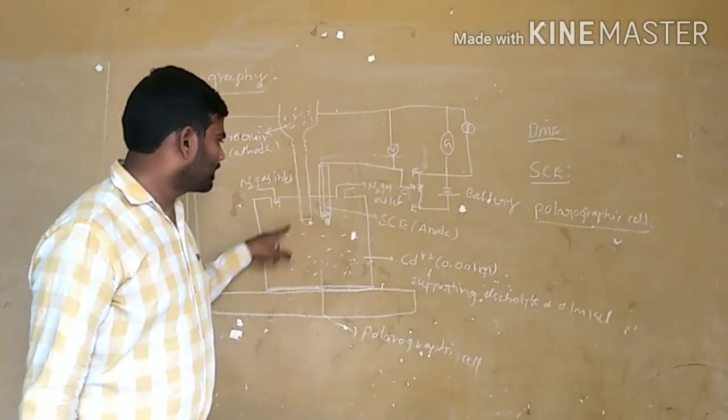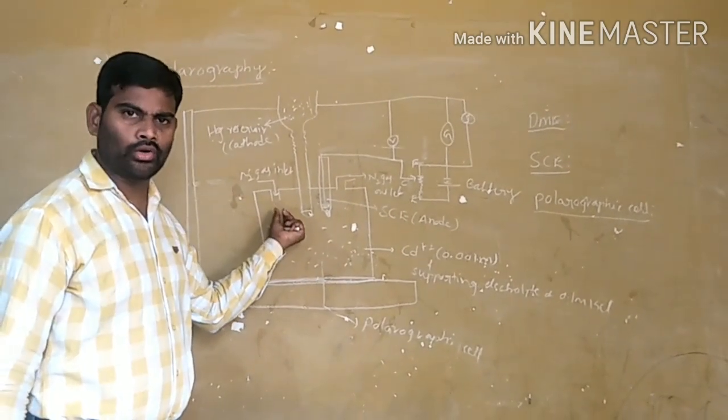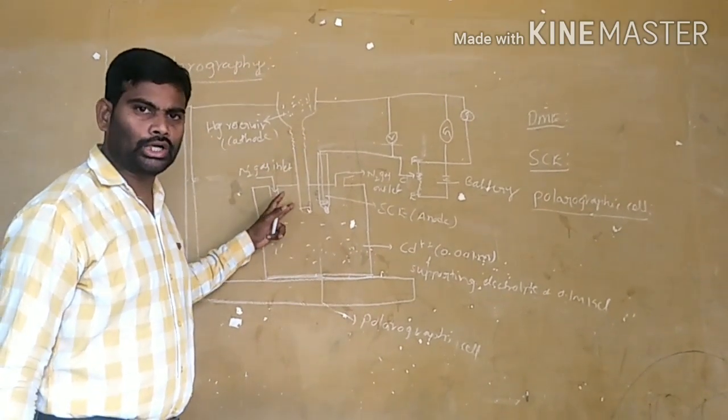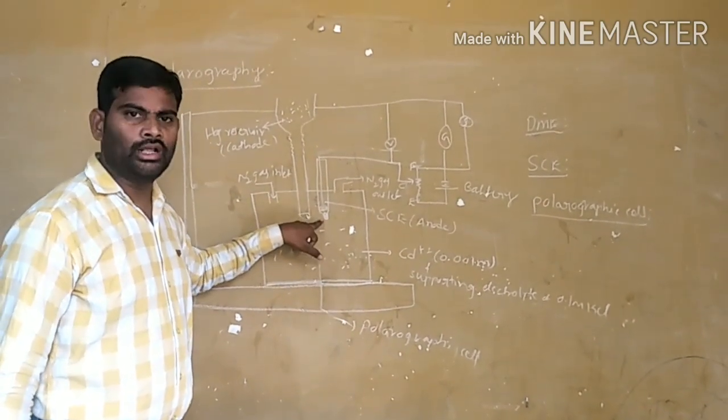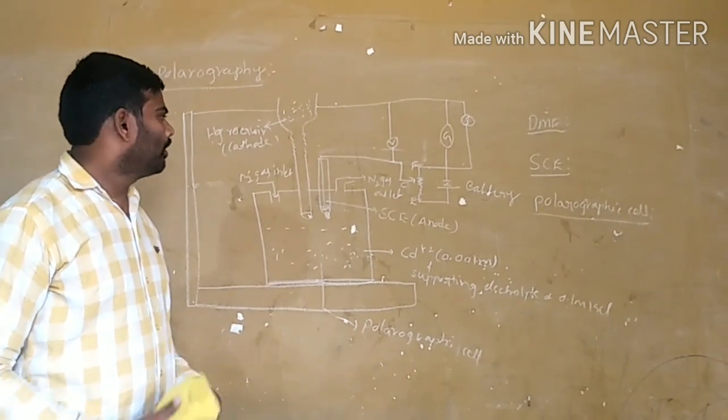This polarographic cell consists of nitrogen gas inlet and outlet, dropping mercury electrode and saturated calomel electrode, and both the